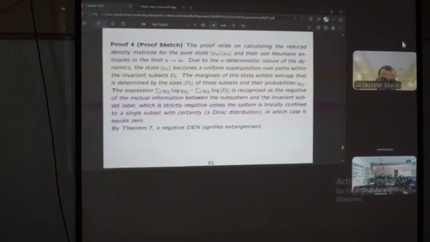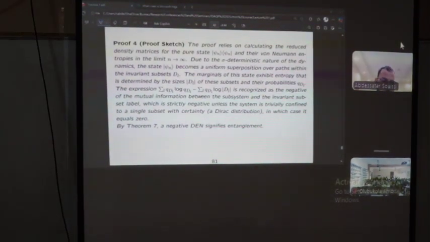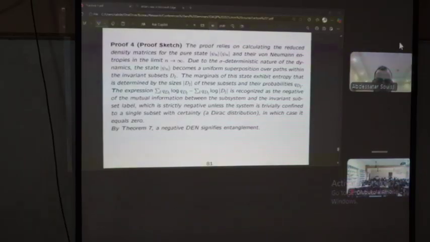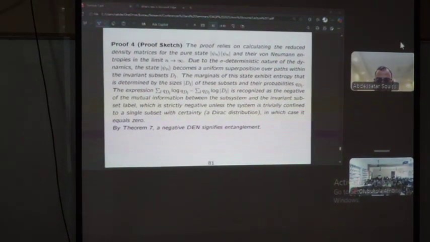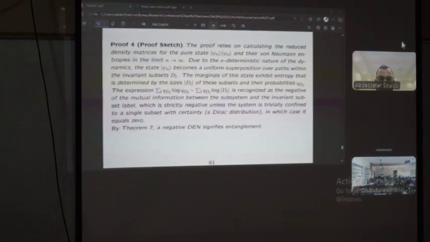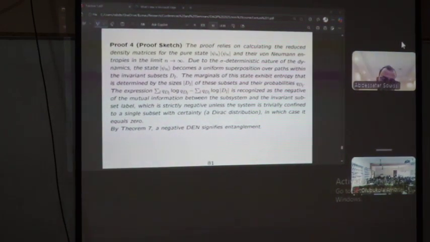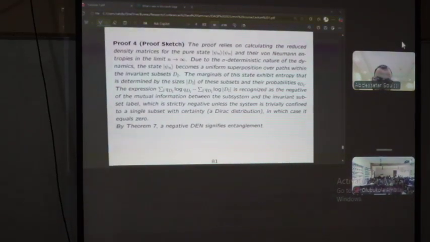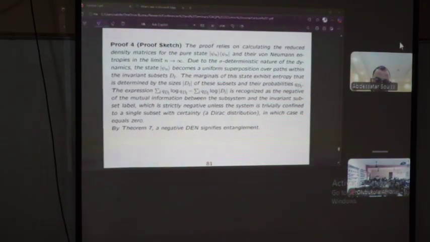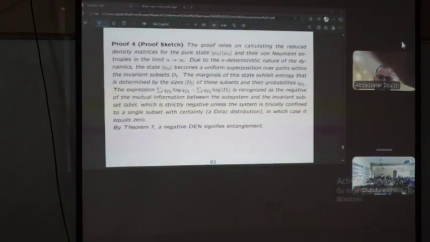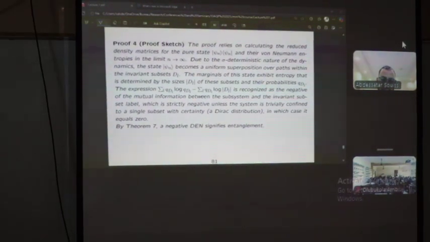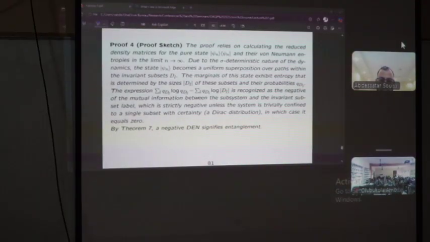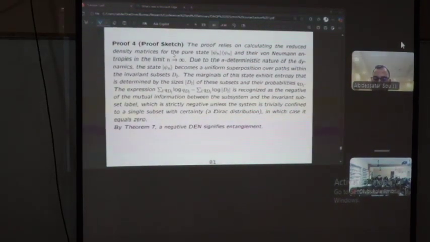I will try to show it on the paper that is published. In this table,